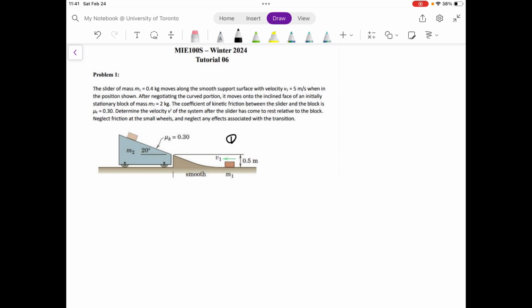Here's our stage number 1. At stage number 2, the slider has a velocity of v. And at stage number 3, the slider is at rest relative to the block, so the system has a velocity of v hash. So from 1 to 2,